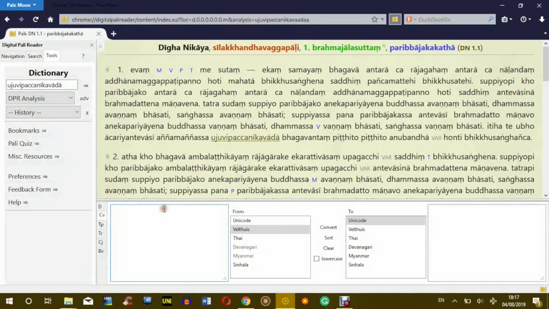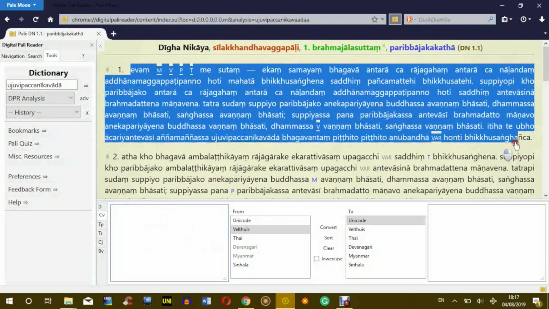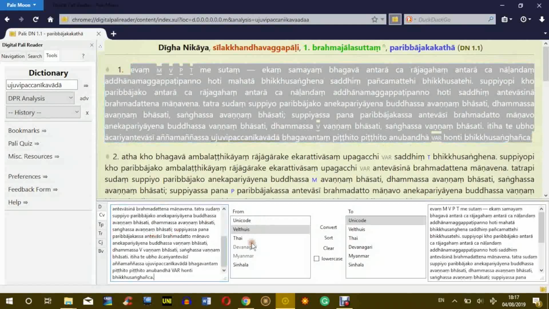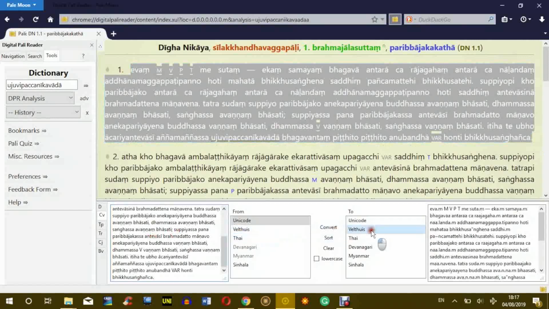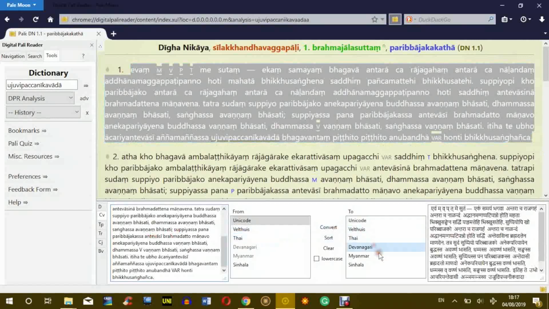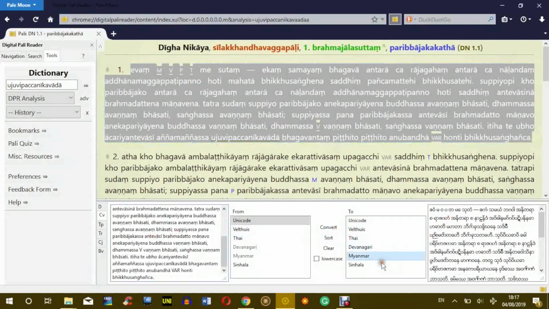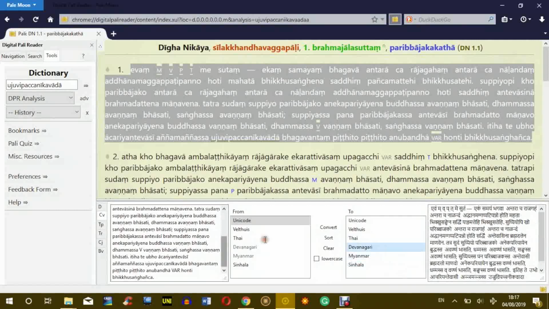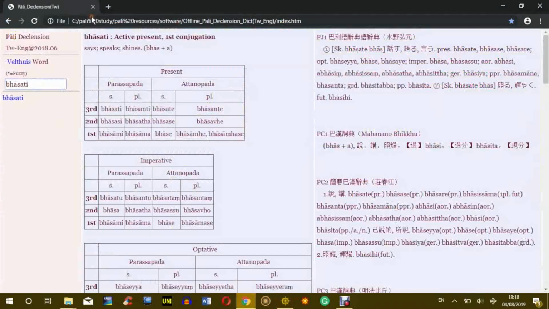Okay, so let's go down here, conversion. This inbuilt conversion tool you can use. You can just copy something and then convert it to other scripts. So here you can convert to any kind of different script. But if you have followed my instruction video, then this one will also be mostly obsolete because I find